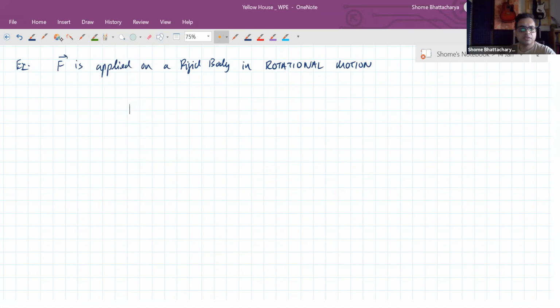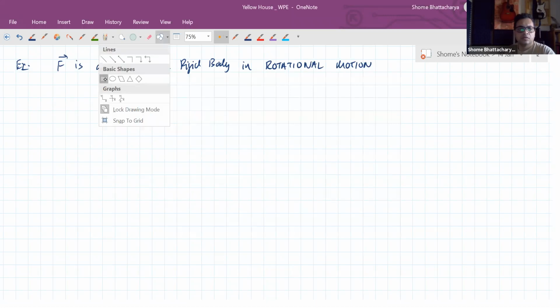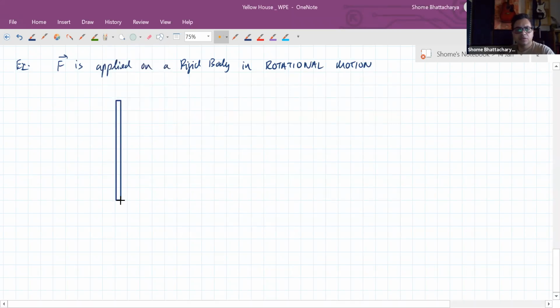So our rigid body is like a rod like this, okay, and that rod is pinned, or what we call hinged, like this. So this is a rod which is hinged such that it can rotate freely